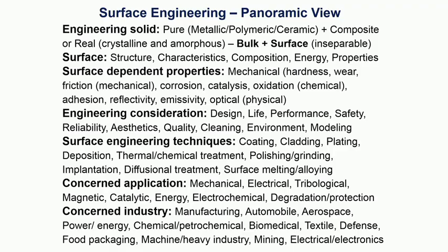Today we are going to discuss the surface dependent properties, the overall spectrum of surface dependent properties, and how they can be classified and what role they play in determining the overall performance of any engineering